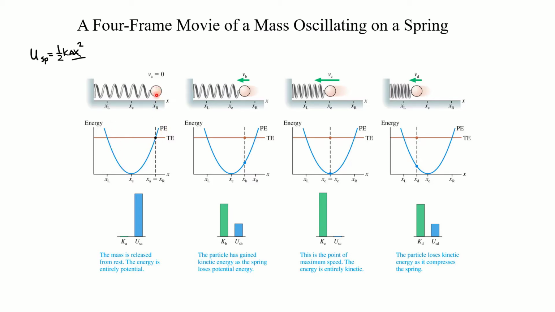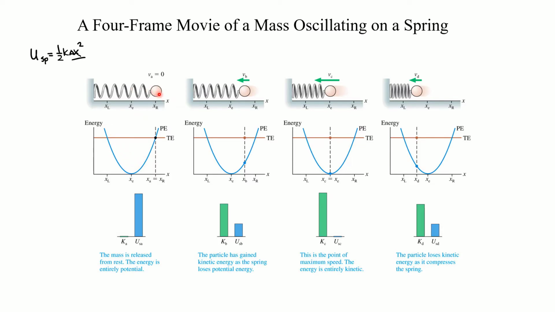If we were to take a mass, attach it to the end of the spring, pull it to the right, and then let it go, it's going to bounce back and forth. The spring's going to pull it back towards its equilibrium. It'll overshoot, go to some distance on the left, bounce back to the right, and it'll go back and forth like this. And we can see all of that in this energy diagram. We have our parabolic potential energy. It's described by that 1/2 kx squared.